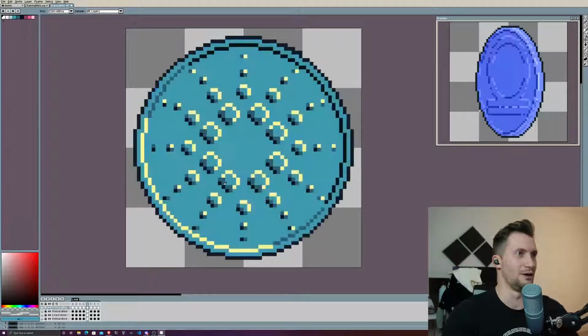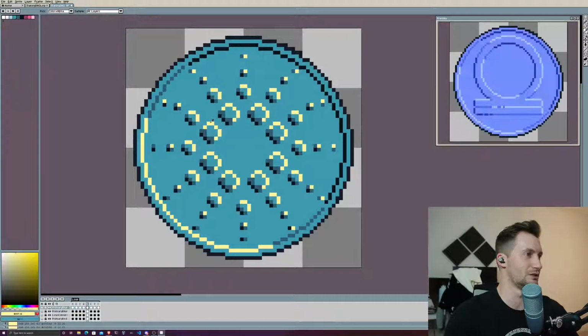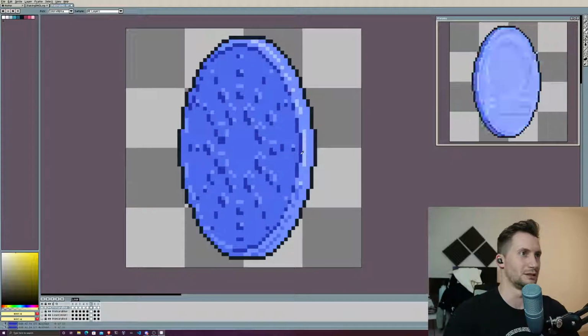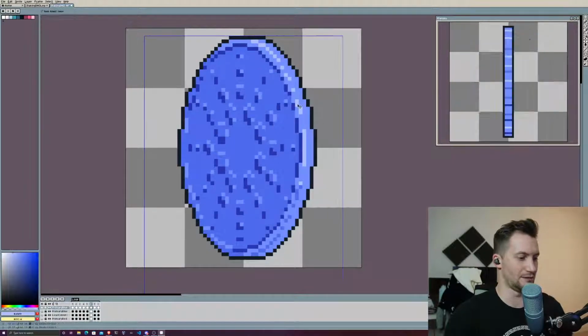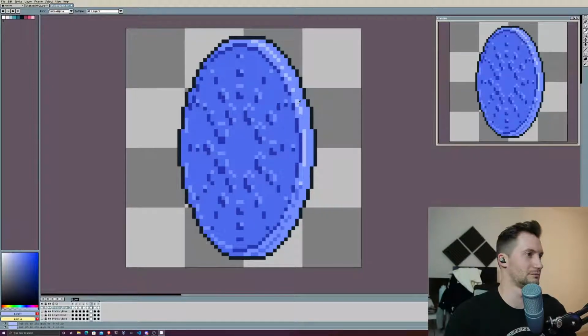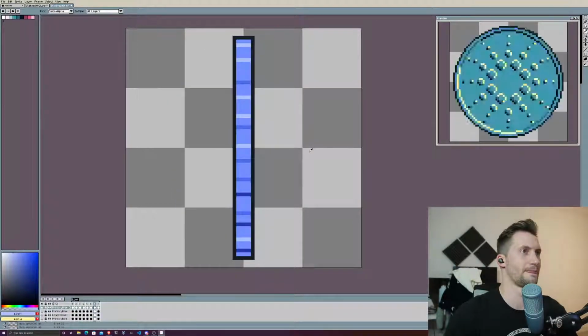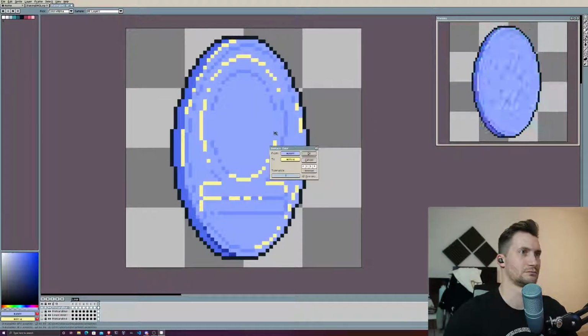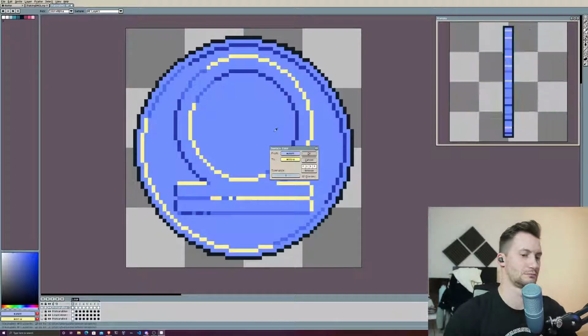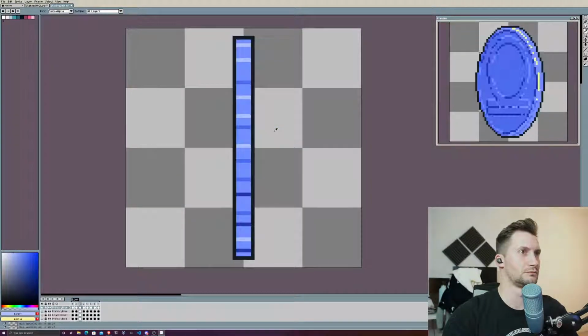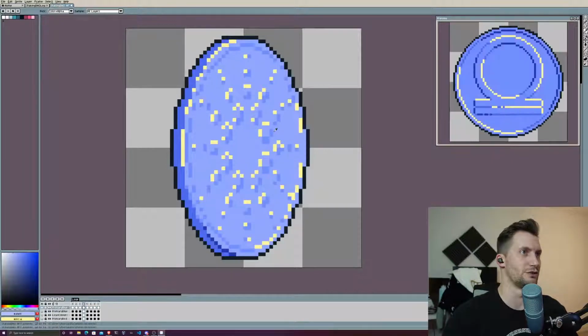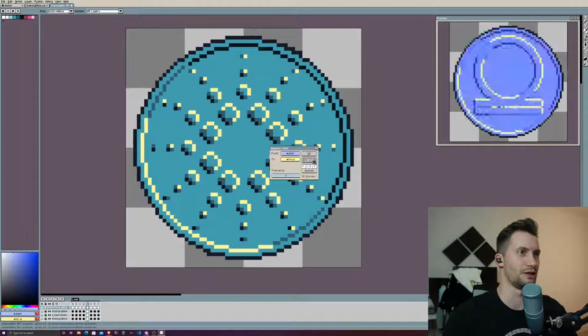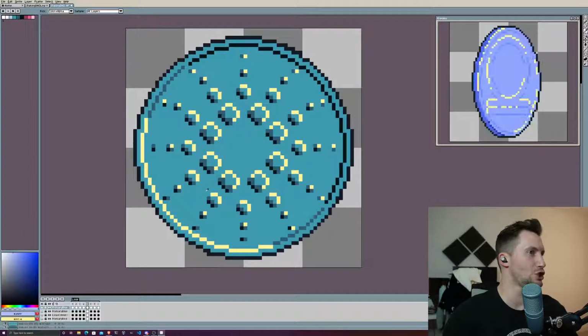I kind of like this yellow. We might just try out the yellow. Oh, I can't. Oh yeah, I can. I'm just going to take that, and I'm going to go here and take the highlight and swap it out. Oh my god, this is so much quicker. We've already got it there.